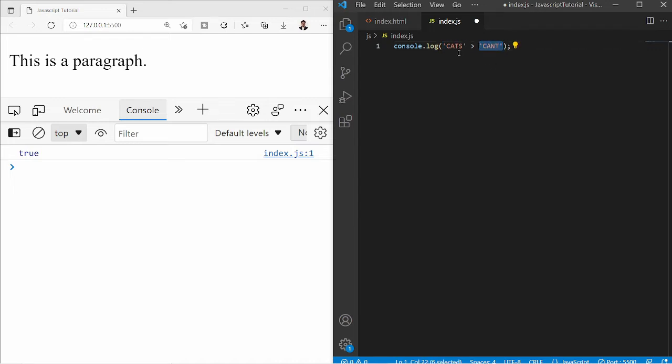Why? Because it compares strings letter by letter. Once it compares the first letter, it is the same in both cases. Then a, it is the same in both cases. And t, since t is greater than n here, it will not compare the rest of the letters.